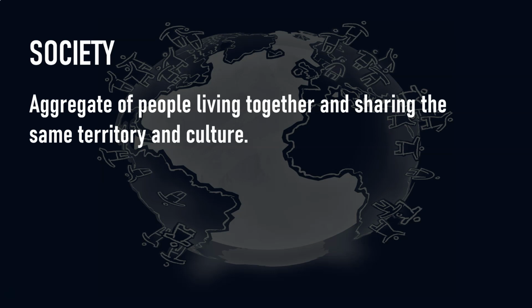So, when we live together in our household, we're also living in society, which is our family. Everyone in our apartment comprises a small society. The entire city forms a society, and the entire nation also forms a society. These societies can be different from each other, and they could also be demarcated on the basis of religion, caste, tribe, creed, or whatever. So societies are also based on culture. Those who share the same practices and traditions form a society, and also those who live together in the same territory form a society.